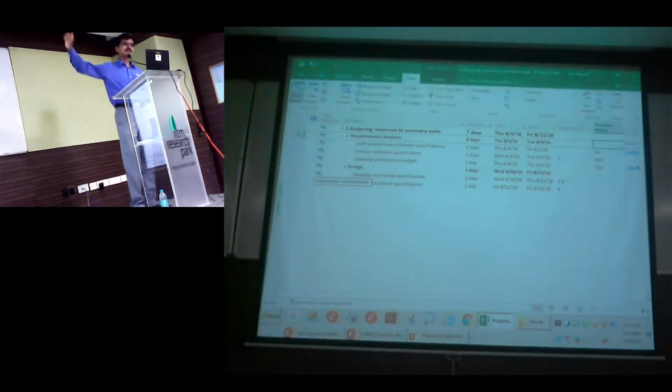So that's what I would like to tell you. When you get this red fireman, it means that you have a team member who is overloaded, which means he is working on two parallel activities or spending more effort than expected. So just watch out for that red fireman. For information, this red fireman will appear only from Project 2010 onwards. For the earlier versions of Project, we have different views available through which you can spot this overallocation.